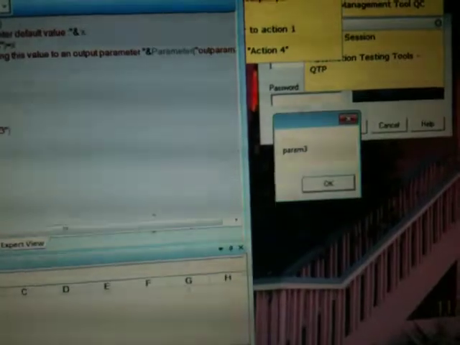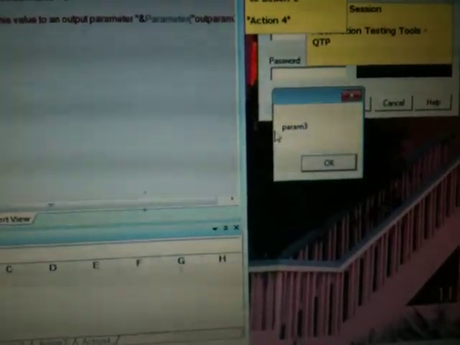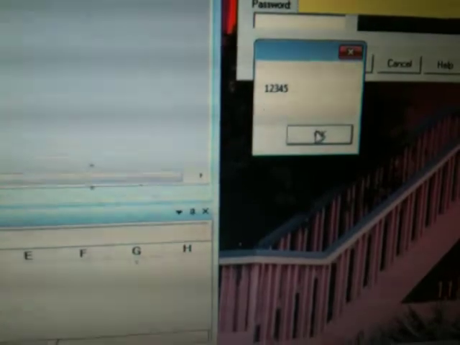In this first scenario, x is assigned a value of param3, and when I put message box x, it is giving me param3. That means a string value is assigned to a variable x. But as soon as I use this variable x to assign a value of the parameter, it will give the actual value which is inside the parameter, that is 1, 2, 3, 4, 5. So there is a difference between these two.